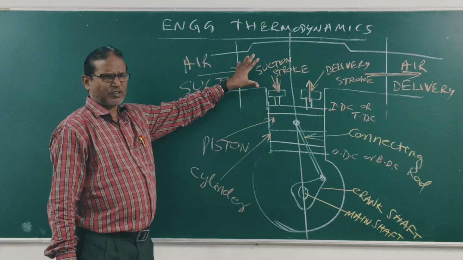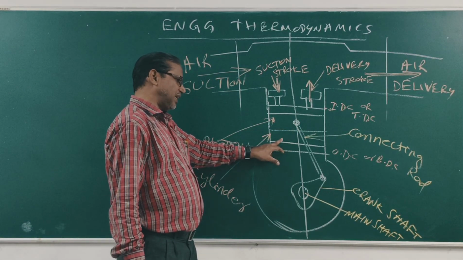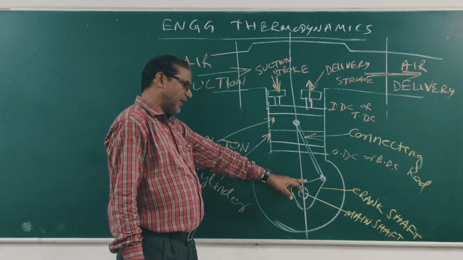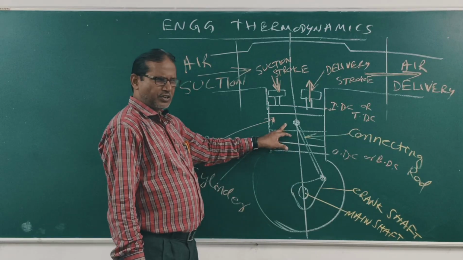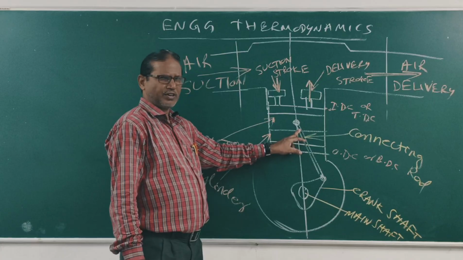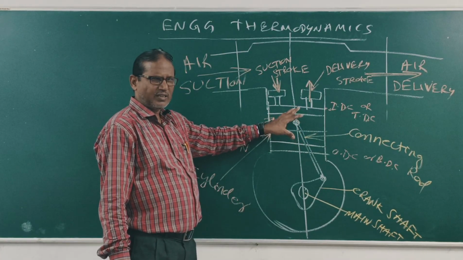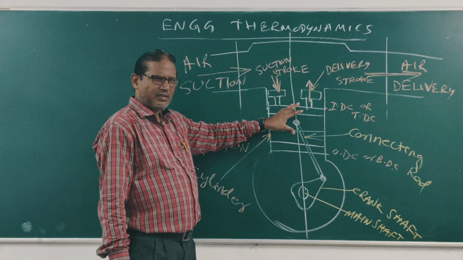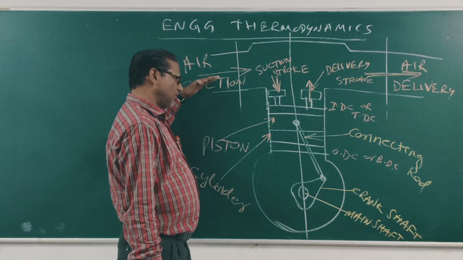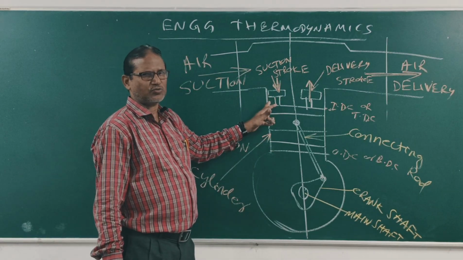This is the reciprocating air compressor. The piston is enclosed inside the cylinder. The piston is equipped with connecting rod and crankshaft. The piston receives power from the main shaft through crankshaft and connecting rod. Now, when the piston moves downward, the pressure of air inside the cylinder falls below atmospheric pressure. Hence, it forces the air to enter into the cylinder through suction stroke.